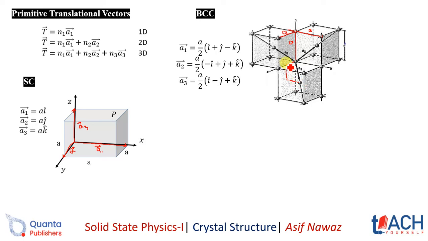Then these components are like a by 2 along the i unit vector, a by 2 along the j unit vector, a by 2 along the k unit vector, which certainly is negative, and a by 2 along our y-axis, which is positive. So a1 is given by a by 2 times i unit vector plus j unit vector and minus k unit vector, right? Similarly, if you look at this